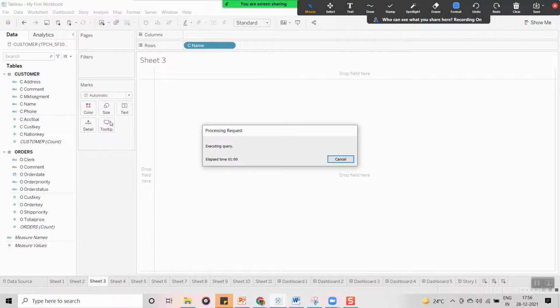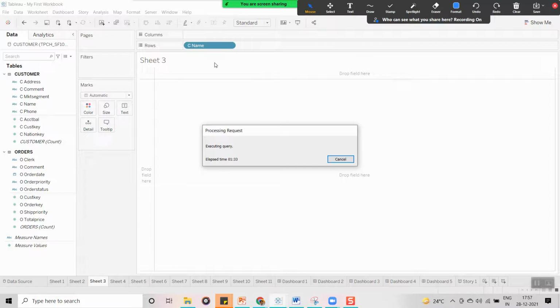That is what live connection means. And in the case of extract, why are we saying the performance is going to improve? The data we use for our visualization is on our local machine, right? So whenever we use a field in the row shelf or column shelf, it is not going to fire a query on the database. It is going to fire a query on the extract, the .hyper file you have created.